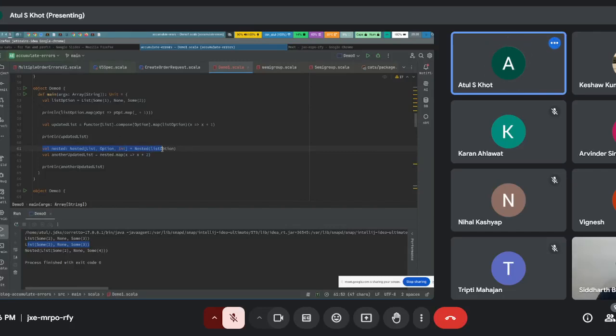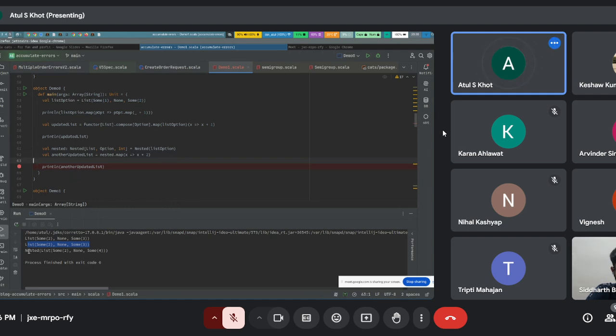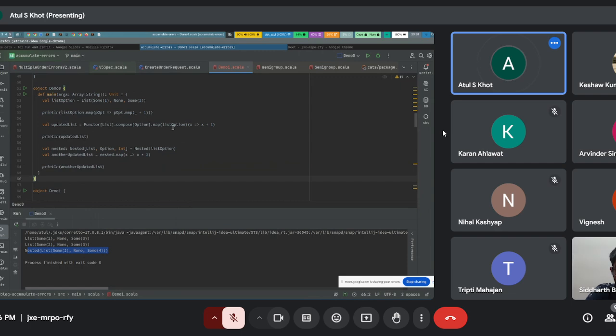Nested is a data type where you can just say there is a list of option of int, and there is a nested, right? So this is a nesting, and I just want to do with my int. If you see, this third part is nesting. So this is a nested list, some, none and some four. I can't show you a lot of complicated code base, but this is really a very helpful thing because